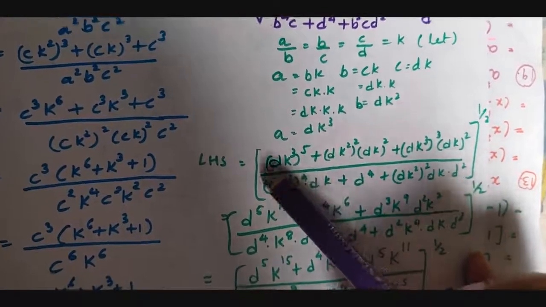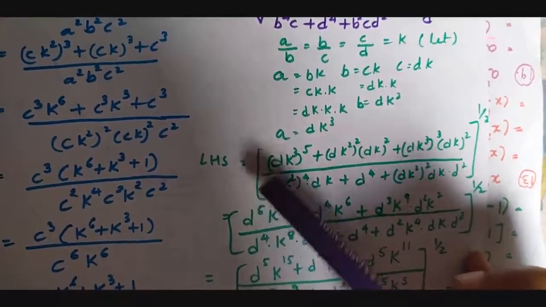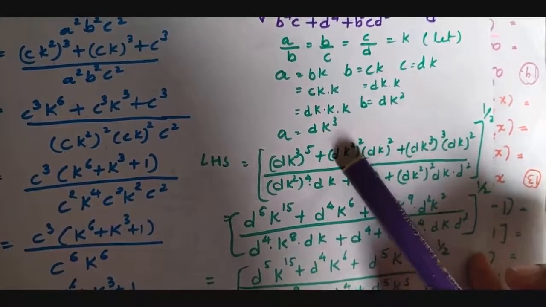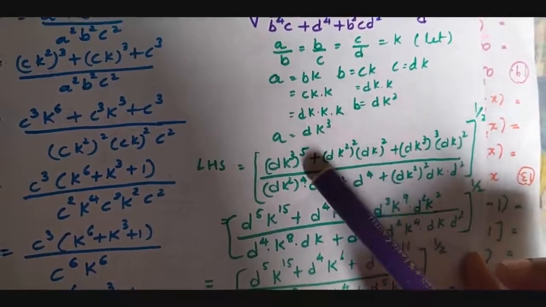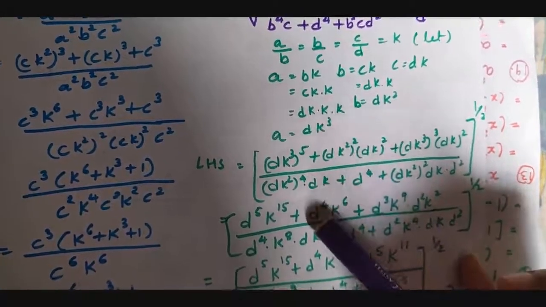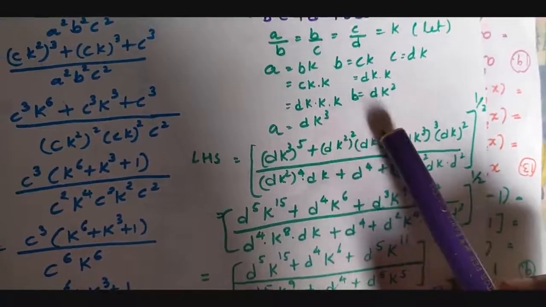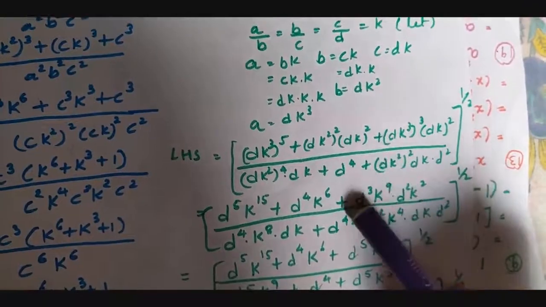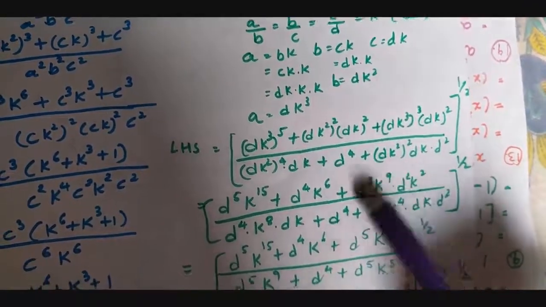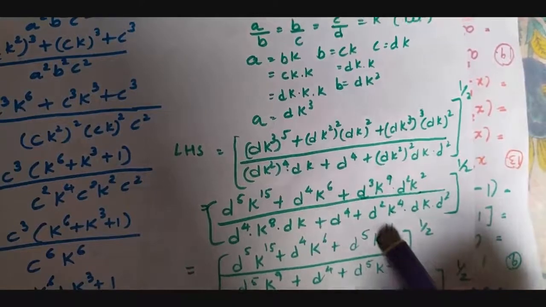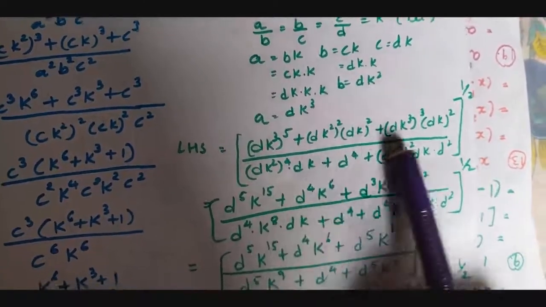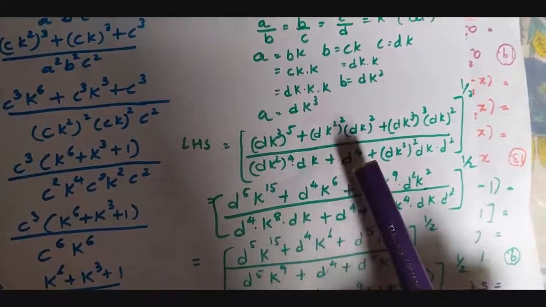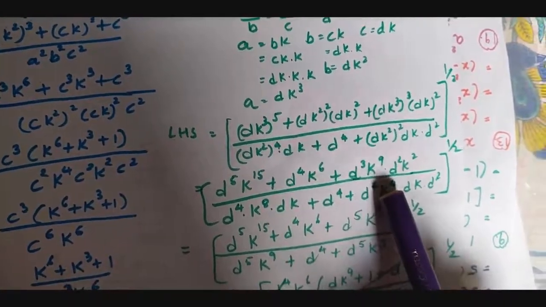Now taking separate powers, D^5 K, 5 3s are 15, D 2 times here, you see in multiplication both have squares, so I wrote D^4. Then here 2 2s are 4 plus 2 is 6, so K^6, D cube and square, that is written separately here. In the next term we have added D^5 K^11. And in the denominator also likewise you see D^4 K, 4 2s are 8, into DK, D^4, D square K^4, DK into D square.